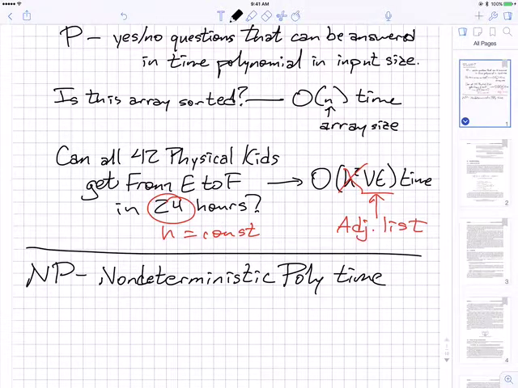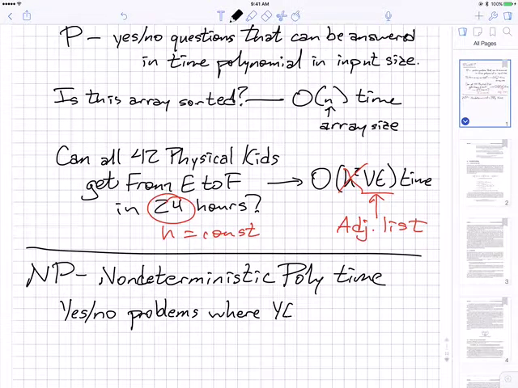In terms of the kinds of things we did in 374, this means it's a yes-no question that can be solved in polynomial time by a machine that is allowed to make guesses and always gets them right when the answer is yes. A better way to say that is these are yes-no problems